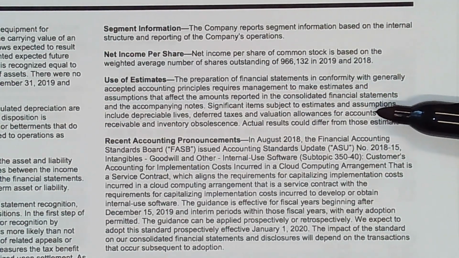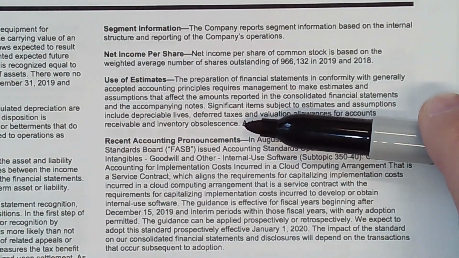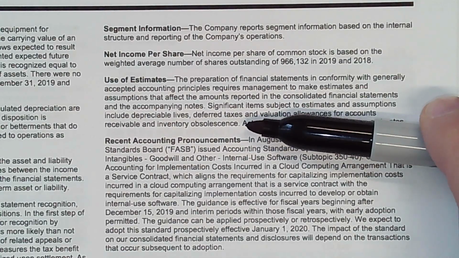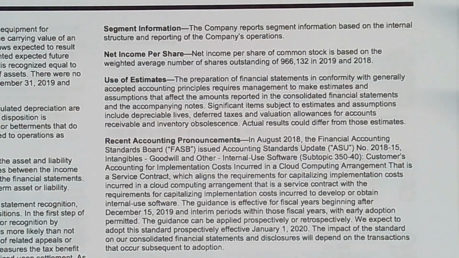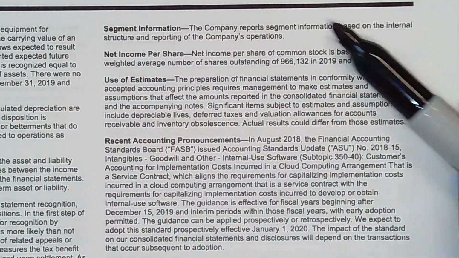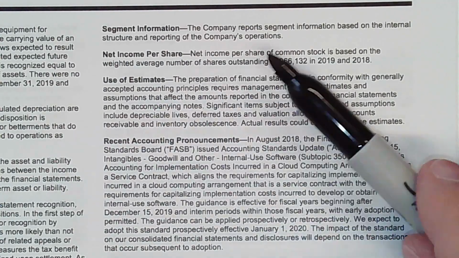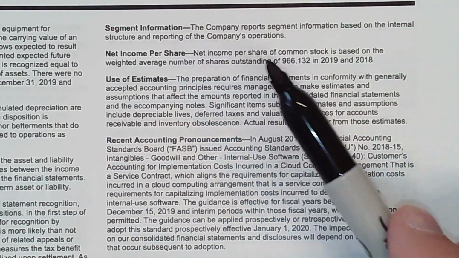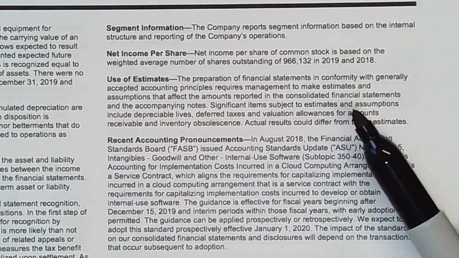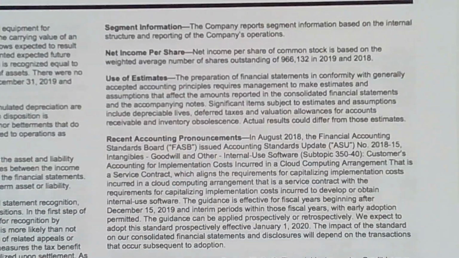What is my valuation allowance for accounts receivable? That's an estimate. Do I have inventory that needs to be written down to lower of cost or net realizable value because it is obsolete? That's an estimate. So these estimates, there's no proof, right? It's just the judgment based on data that they have that they are going to use these estimates, and those are going to show up in the financial statements.